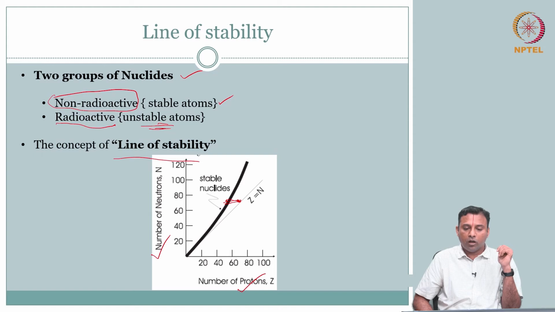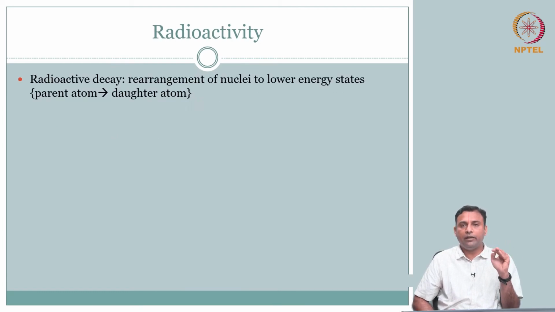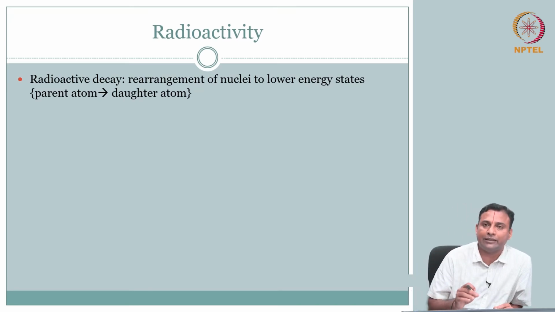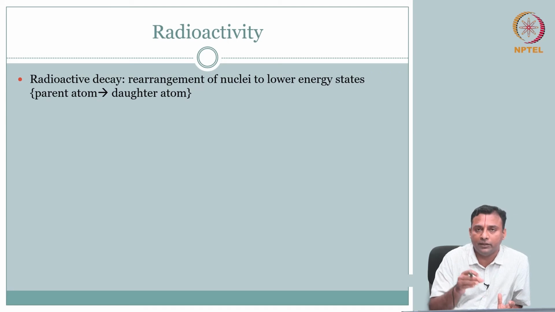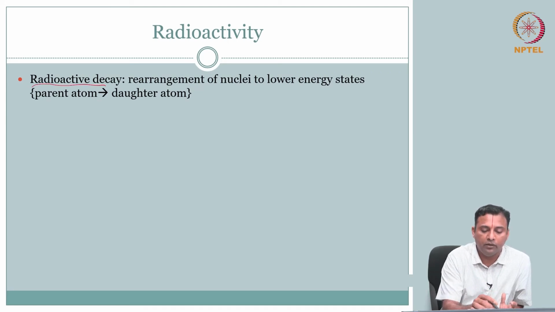Now, we talked about radioactive decay as the atom trying to rearrange itself, in very loose terms. We will now use the next few minutes to organize our thoughts into terminology that will be used consistently. What is radioactive decay? It is the rearrangement of the nucleus to a low energy state. We will have what is called a parent atom. The parent atom is a radioactive, unstable atom. It will shed the energy and give out a daughter atom.